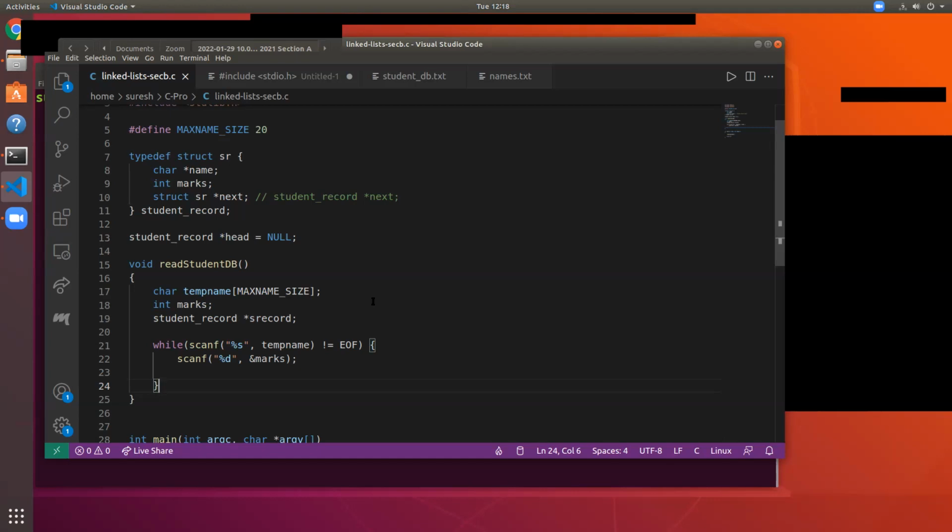We are trying to read the records and want to construct a data structure. In every iteration of the loop, we read a name and the associated marks of the student. So now we want to create